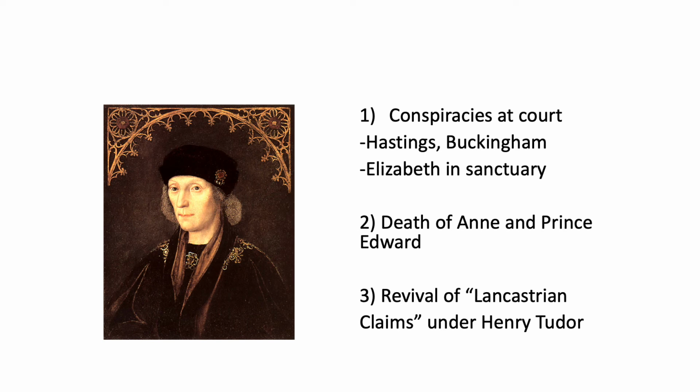It's compounded by the death of his wife, Anne, and shortly after that, the death of their only child, Edward. And then what he starts to hear are rumors of the Lancastrian claim. The only sort of surviving member of the Lancastrian branch is this guy, Henry Tudor. As I'll show you in a second, his claim is really pretty flimsy, but you do still have other Lancastrian nobles who are willing to fight. And Elizabeth in particular then reaches out to Henry Tudor and offers him an alliance.